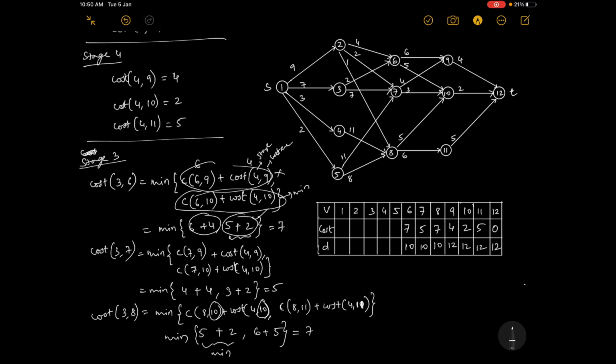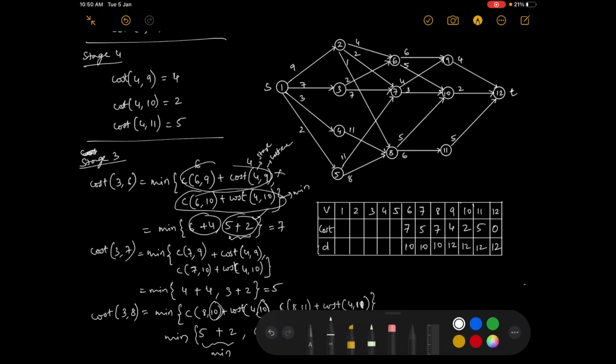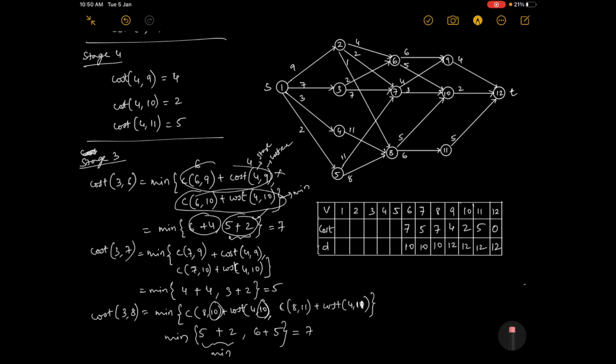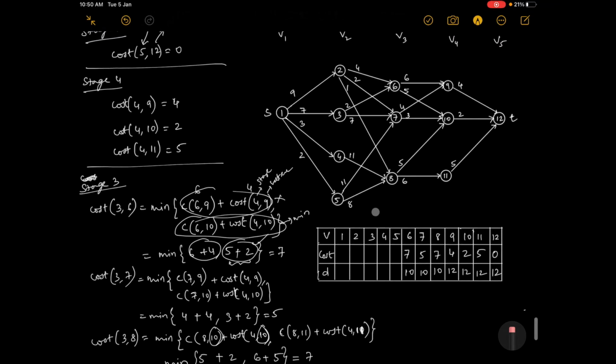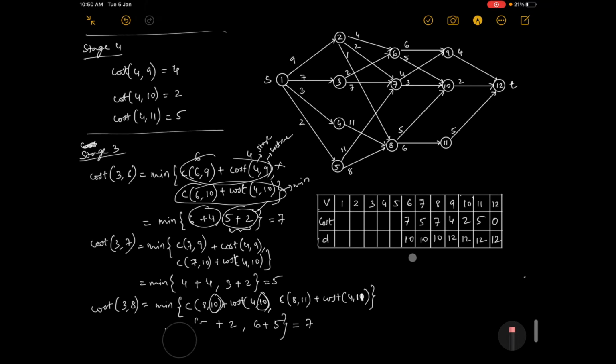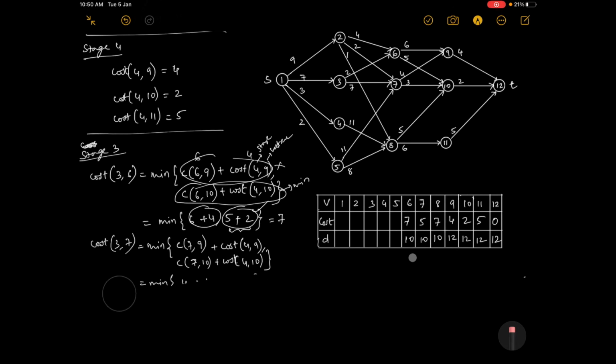Fine. Okay, so we are almost coming to the end of this. So this is very simple. Another 10 minutes and we will finish this. Since my screen is full now, I'll rub this. If you want, you can pause the video and note it down here. Now I'll rub this because I want to refer to this graph and this table again and again, and I don't have space.